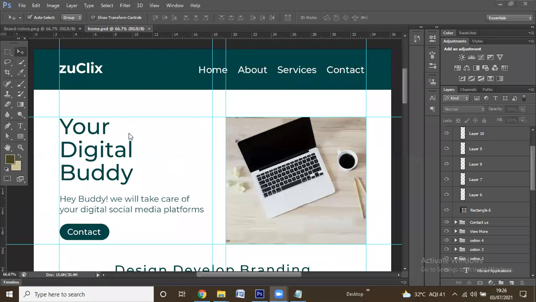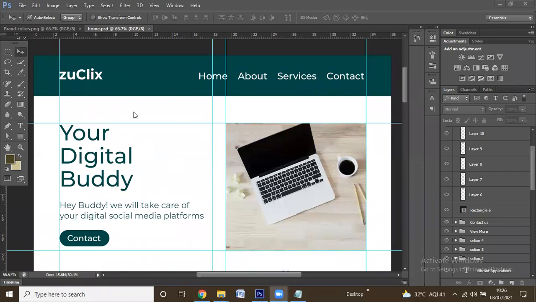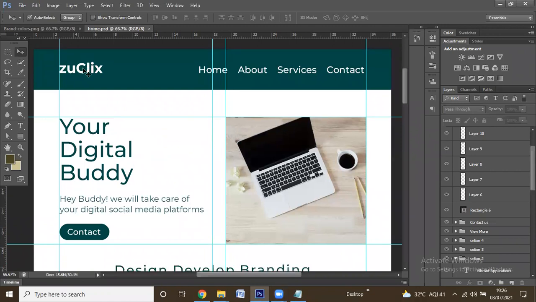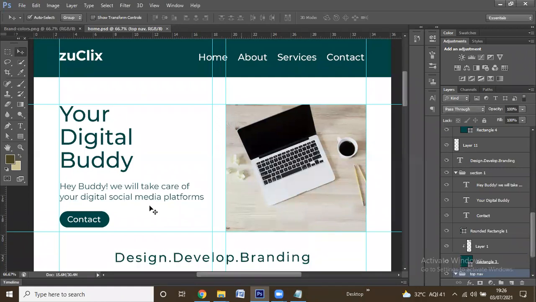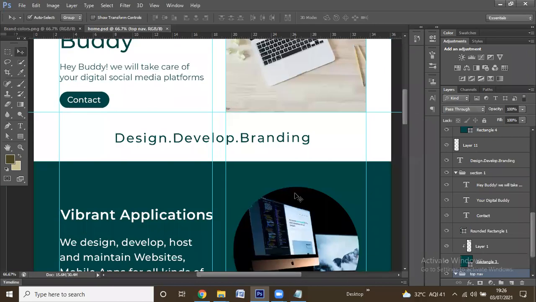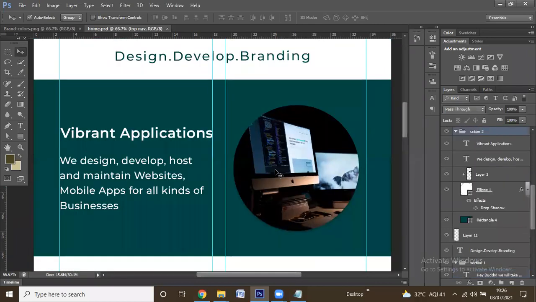So it is a rough template. Here I have taken a logo and menu, and here the top section, a quote here, and I have given one rounded picture section, a heading. This is the heading and running content here. Like that, it flows.